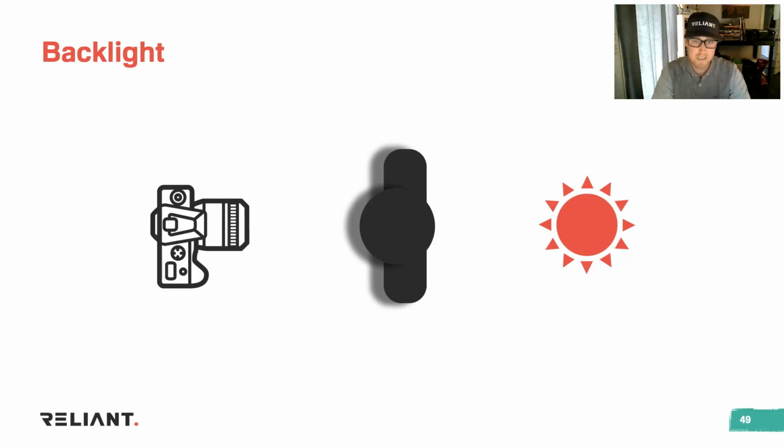Now on this next diagram, we are depicting backlight. So as the name suggests, backlight is when your light source is behind your subject. So backlight can create some stunning and dynamic results. But it's important to note that cameras, no matter how nice of a camera you have, struggle with focus when creating a backlit image. So the sun is shining into the lens,